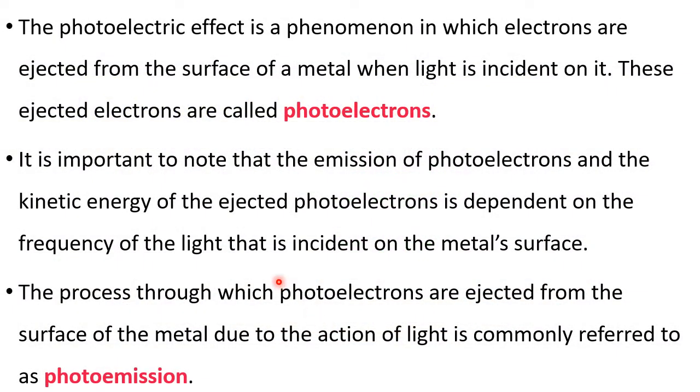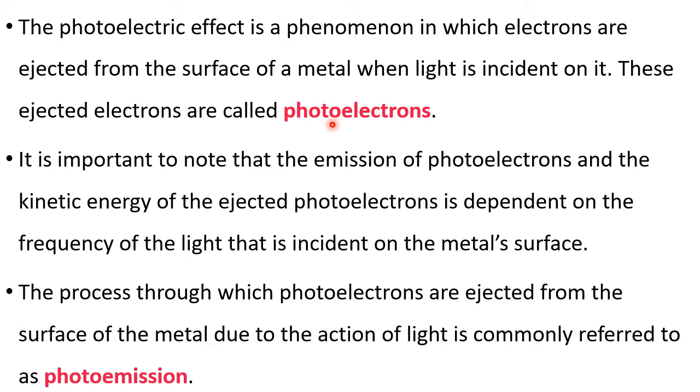The photoelectric effect is a phenomenon in which electrons are ejected from the surface of a metal when light is incident on it. These ejected electrons are called photoelectrons. Whenever you bring light radiation and make it fall on the metal surface, electrons are ejected. So here we are using light. So the word is